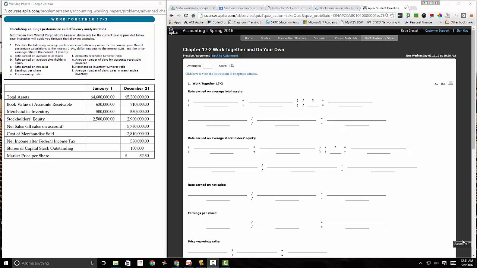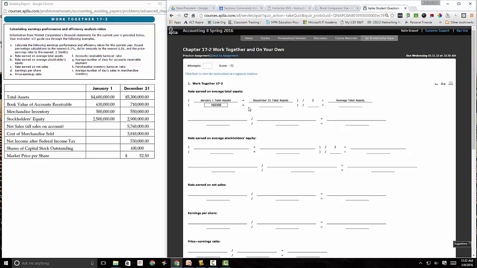So the first thing we have to do is our rate earned on average total assets. I'm going to go A, B, C, D all the way down. Rate earned on average total assets. So let's get our formula: January 1st total assets plus December 31st total assets, divided by 2, is going to give me my average total assets. So what is my number here for January 1st total assets? That's going to be